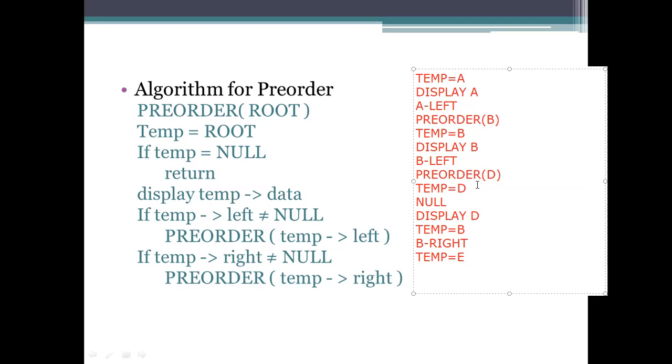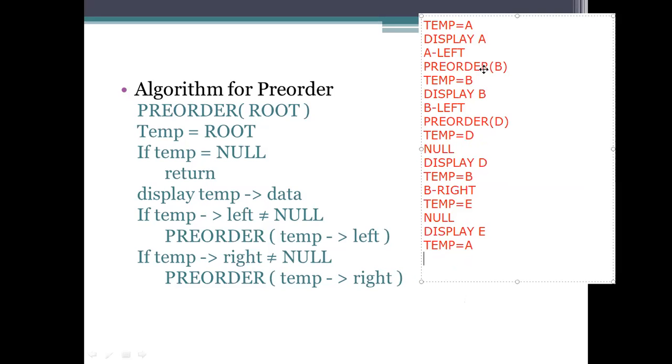Then C, it is null, it is null, and display E there. Okay. And any other data is there, it's not reached now. So what happens? Go for this another back forth, which is temp is equals to A. Go for the right side of that one. Right side of that one here is A's right. A right here has to consider temp is equals to C here.